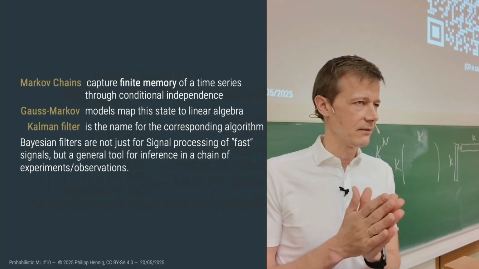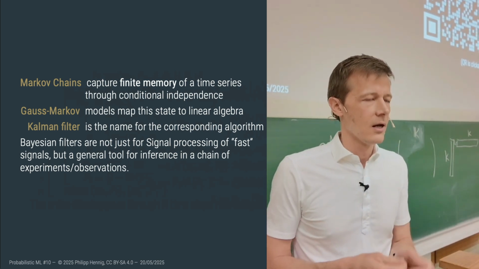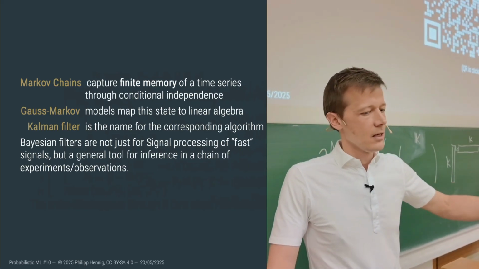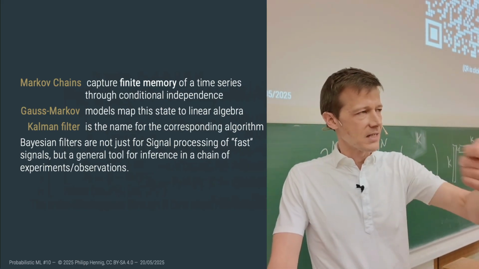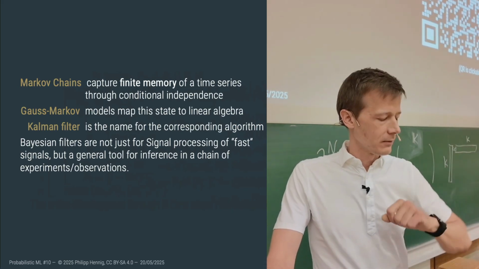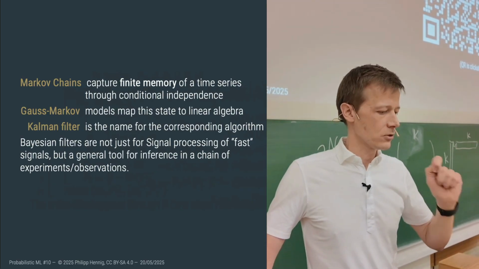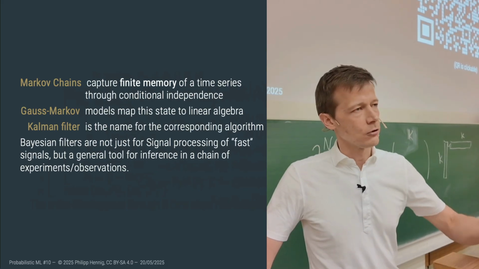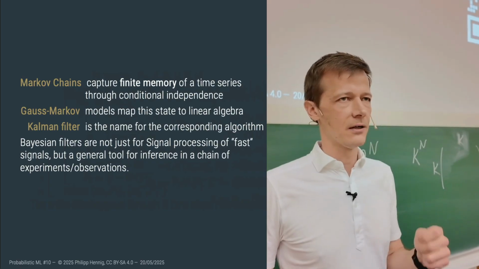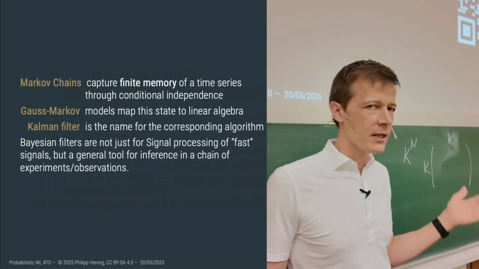I'm going to close now and ask, what was the point of today? It was a very abstract lecture, I realize. On Thursday, it's going to be all very concrete. We discovered that for data structures that arrive as a sequence in time, there is a particular algorithmic structure, a design pattern called filtering, prediction, update, and smoothing, that requires an assumption about conditional independence called the Markov property and yields a concrete class of algorithms called Bayesian filters and smoothers, of which Kalman filters are a concrete linear Gaussian instantiation